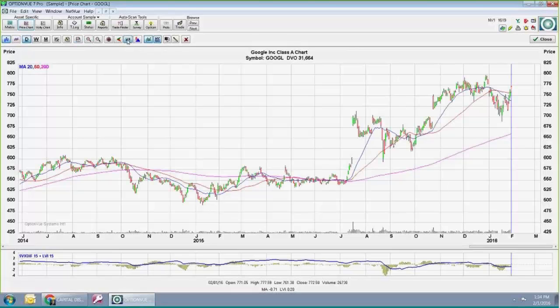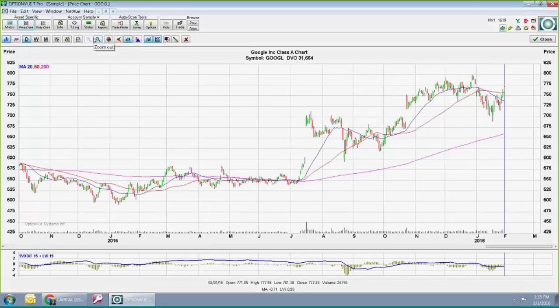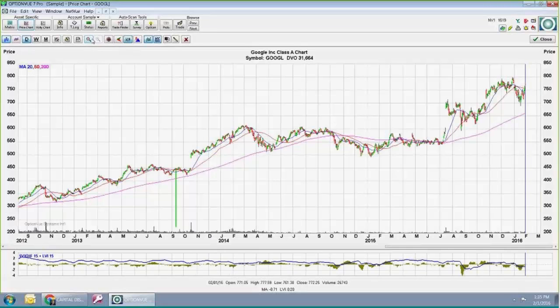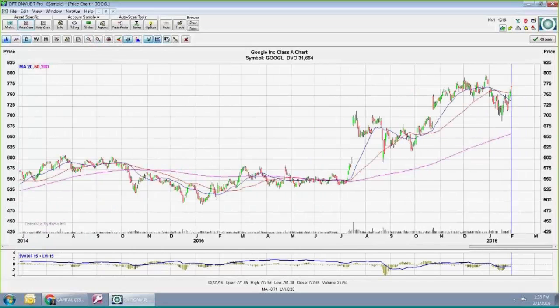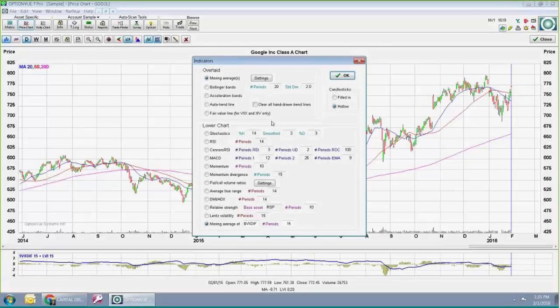Now when you turn on your candlesticks, yeah, they still look pretty filled. I guess they're hollow, but I'd have to expand it a little more. Here's where you can drill in or out. And actually, one of the things I really wanted to get into are these lower chart ones.